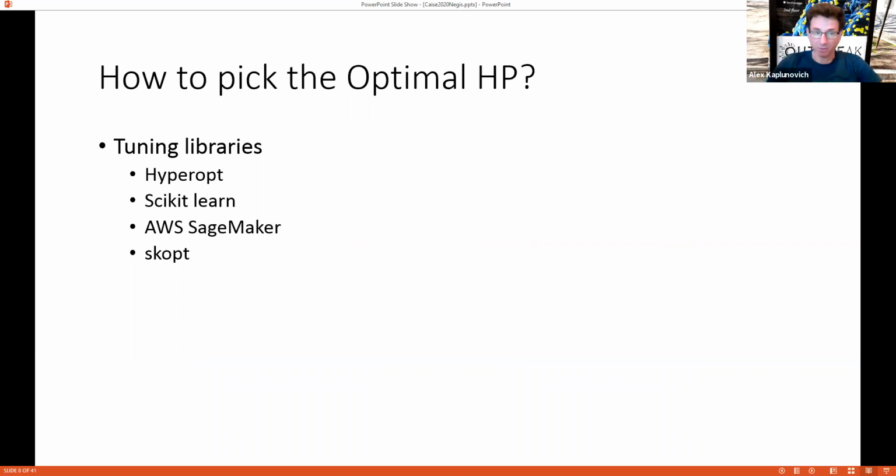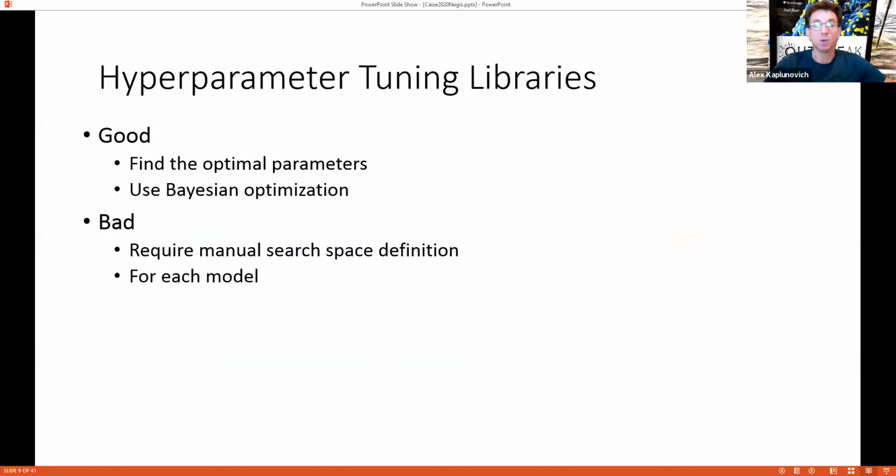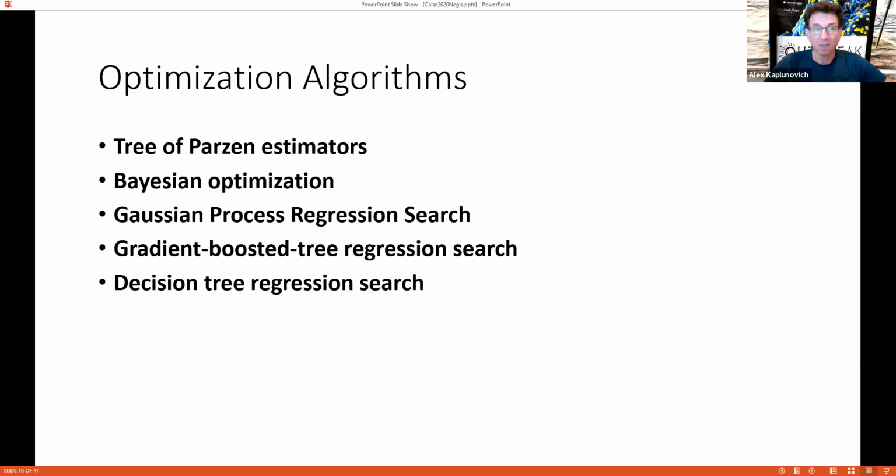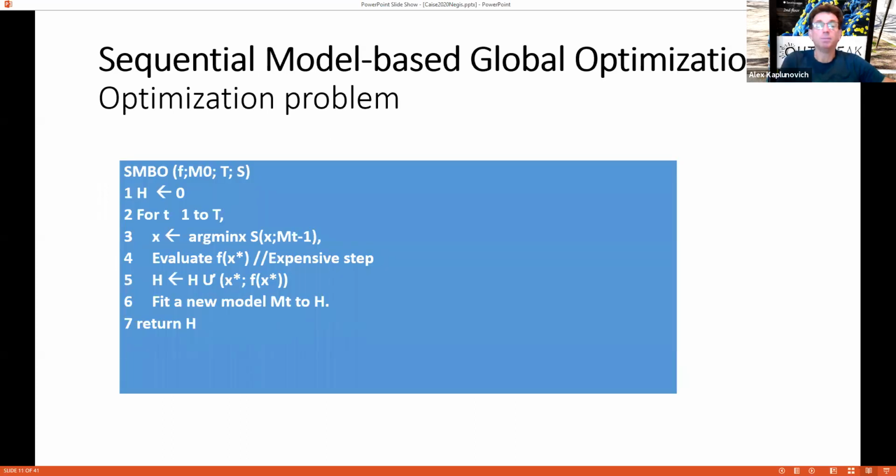Several tuning libraries like hyperopt, scikit-learn, AWS SageMaker, skopt, and we can name more and more, but the biggest problem with them is all of them require some manual steps. So what we did do, we figured out the best way to automate hyperparameter selection, taking the machine learning model